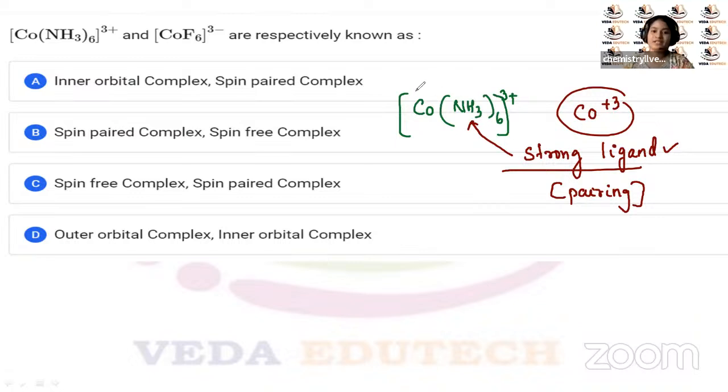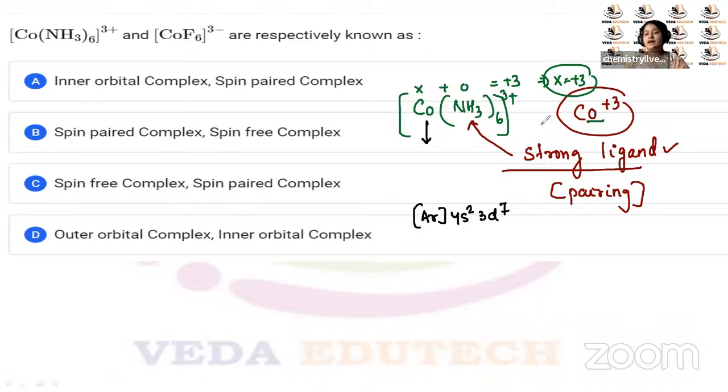जैसे कि यहाँ पे इसका ऑक्सीडेशन स्टेट X है, ये 0 है, X + 0, टोटल चार्ज यहाँ पे +3 है, यानी कि यहाँ पे X बराबर +3। तो ऐसे हमको पता चला कि इसका ऑक्सीडेशन स्टेट +3 है, राइट। तो अभी कोबाल्ट का एटॉमिक नंबर 27 होता है, राइट। तो वी हैव आर्गन 18, 4s2, 3d7। अगर हम लोग +3 स्टेट में देखें तो यहाँ से 2 और यहाँ से 1 चला जाएगा, इट इज गोइंग टू बी 3d6।